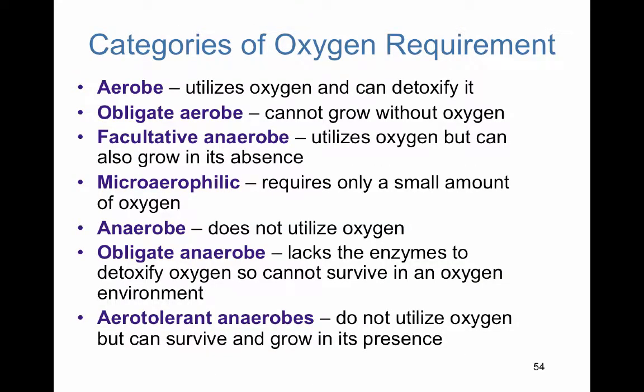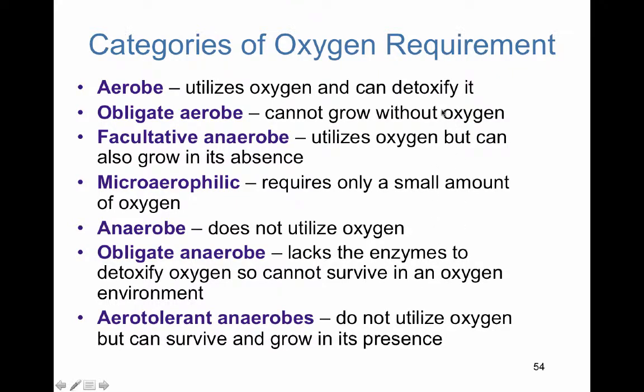Now, microbes are picky as far as the amount of oxygen that they prefer. So these are definitely terms you guys should remember. It gets a little tricky with, I would say, the facultative anaerobe, the aerotolerant, and the microaerophile. So make sure you remember the differences here. An aerobe, think of air, utilizes oxygen. An obligate aerobe can't grow without it. So if there's no oxygen, you will not see any replication occurring. On the contrary, an obligate anaerobe cannot survive in oxygen. So these guys are very particular, okay?